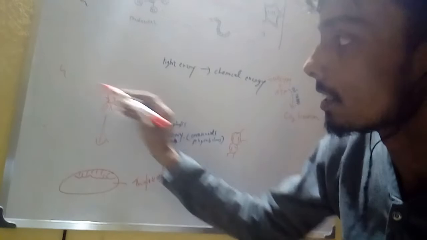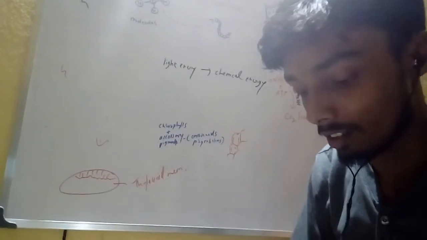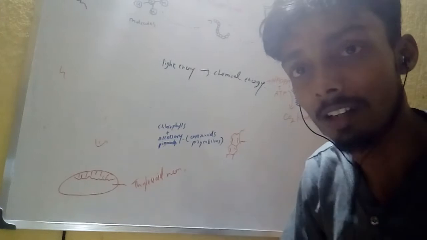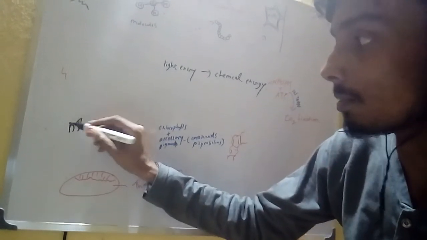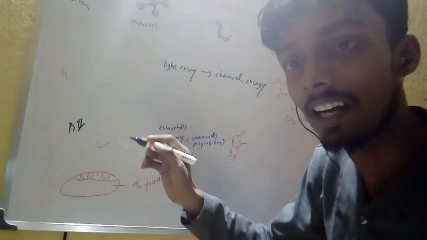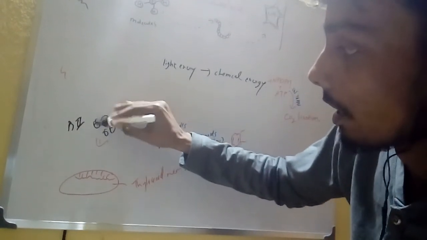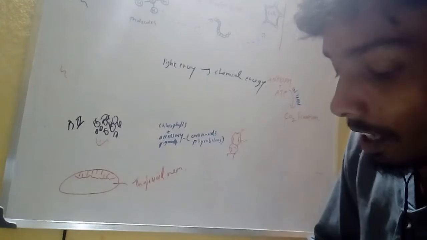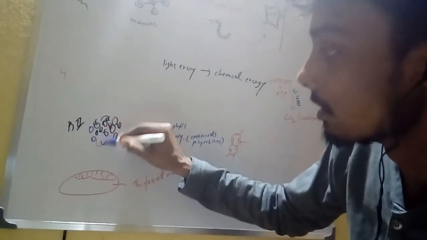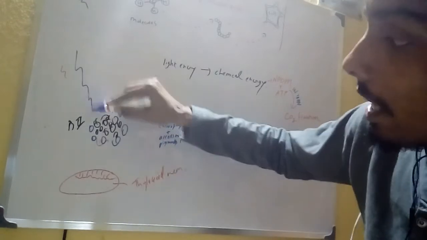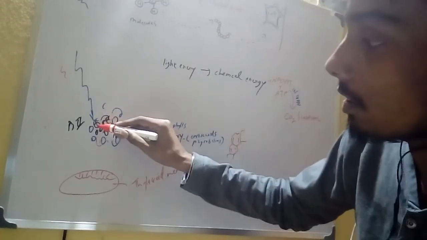So when light comes, there is a reaction center. Actually the pigments have different reaction centers, of which the first is photosystem second. Photosystem second has chlorophyll inside and the accessory pigments outside. Okay, accessory pigments outside. When light comes to this chlorophyll molecule, the